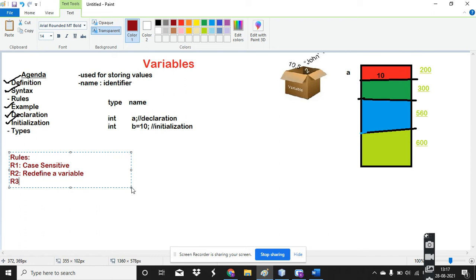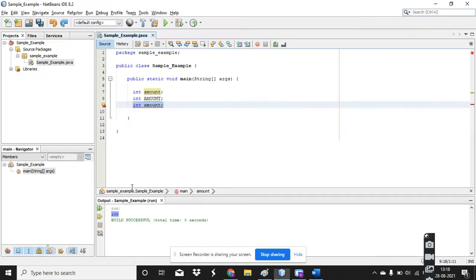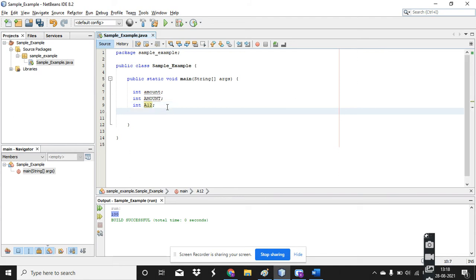And the third point is, you can use all the alphabets from A to Z, capital A to Z. You can use 0 to 9, and you can use the dollar sign and also underscore. Yes, all these characters are allowed for giving your variable name. And shall we check that? So here, in the same example, if I give A12, yes, it is accepted because you have a capital alphabet and 1 2. These are digits, that is allowed.